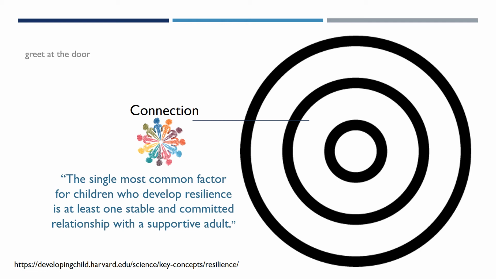Connection could mean stationing yourself in the hallway before class, making eye contact, and greeting each student by name as they enter the classroom. Or it might look like selecting a student you've had a hard time connecting with and spending 2 minutes a day for 10 days chatting with that student about something they're interested in.